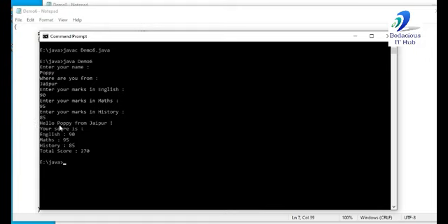Now it is displaying hello, username from Jaipur. Your score is marks in English are 90, marks in Maths are 95, marks in History are 85, and total obtained marks are 270. So this is how you can use scanner object.